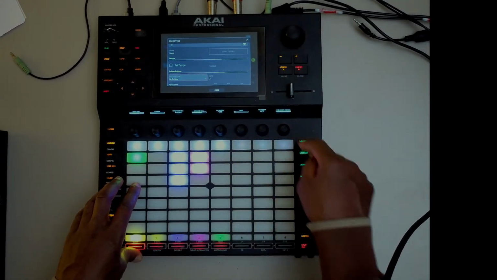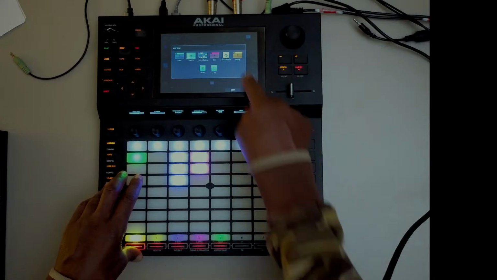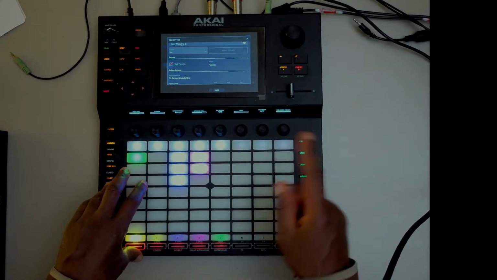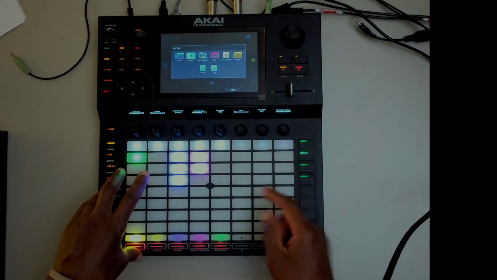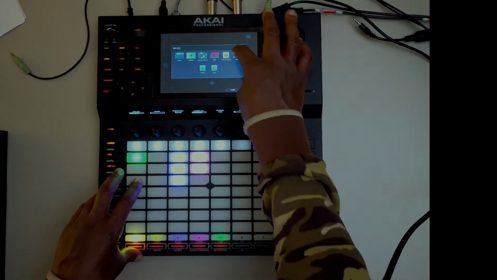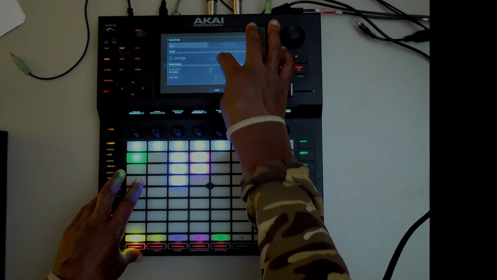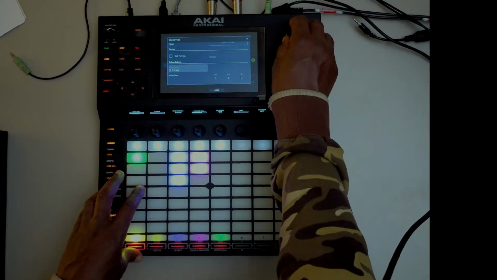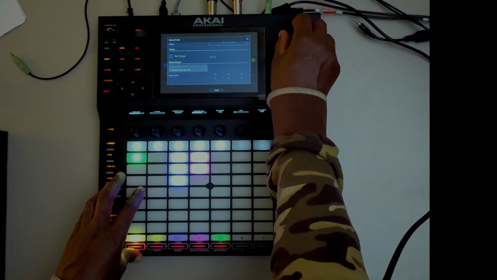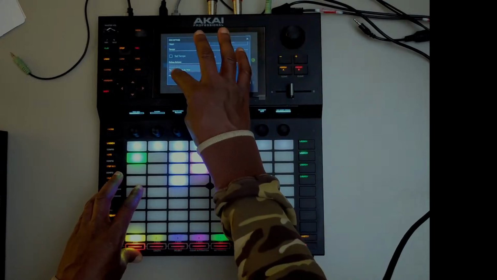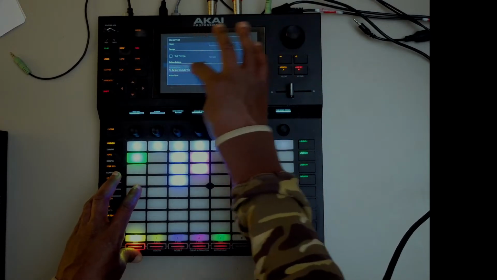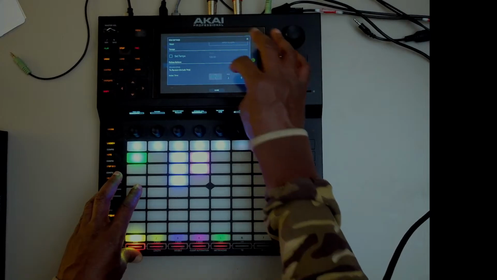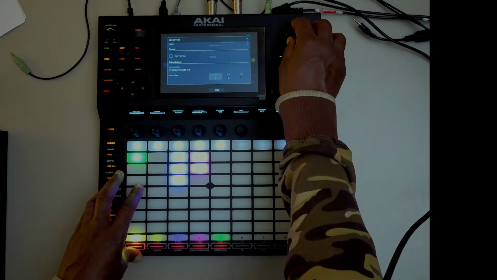Oh, do you know what? I noticed the tempo was set on that one. Oh, I know why. Because I remember I was testing this out when I was doing it, so it doesn't really matter. But for this thing, we're just going to say we're going to have them random, and I'll include it. I'm going to include them all, and I'm going to do the same thing again. I'm going to make them 2 beats, just on both.